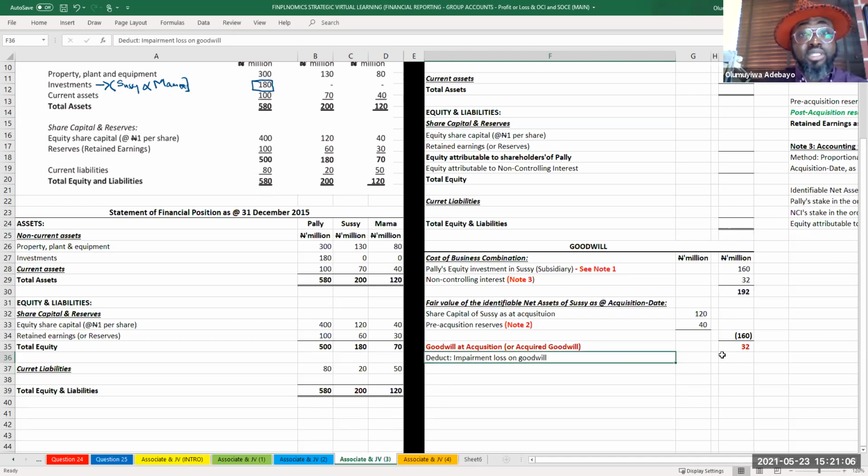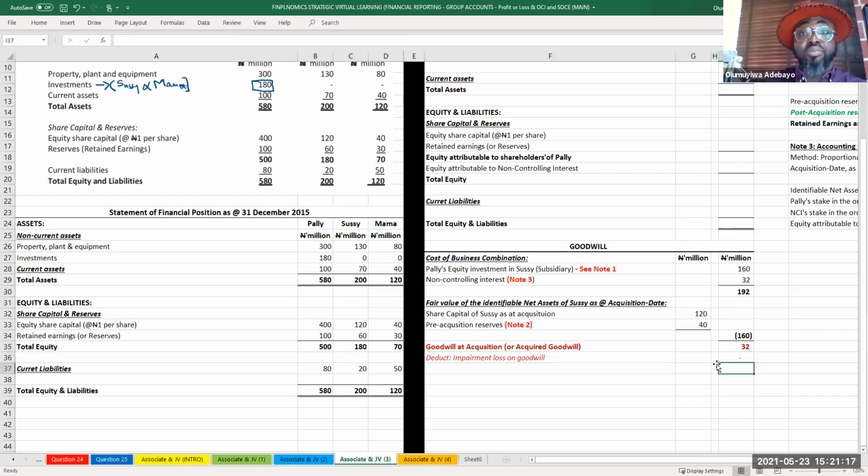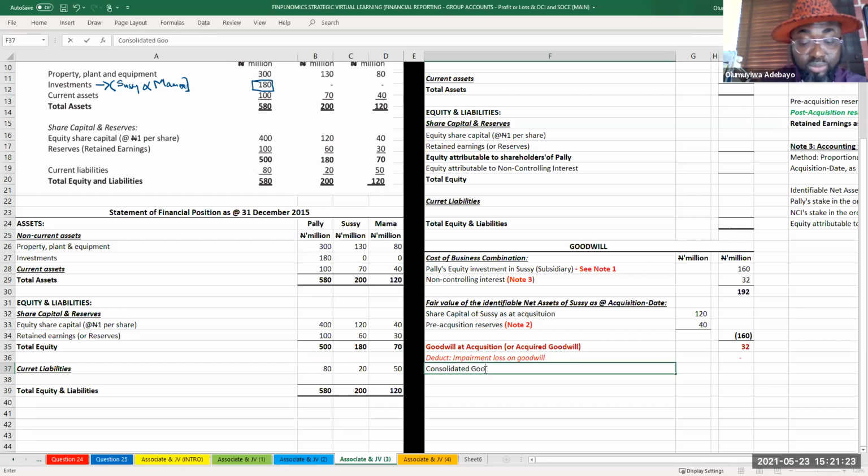I think in this question there is none. Zero. There's none. Therefore, what you now have is what we call consolidated goodwill, or simply put, goodwill